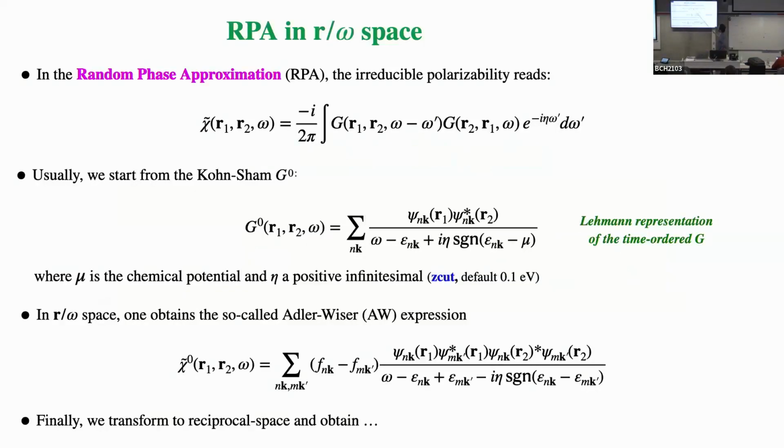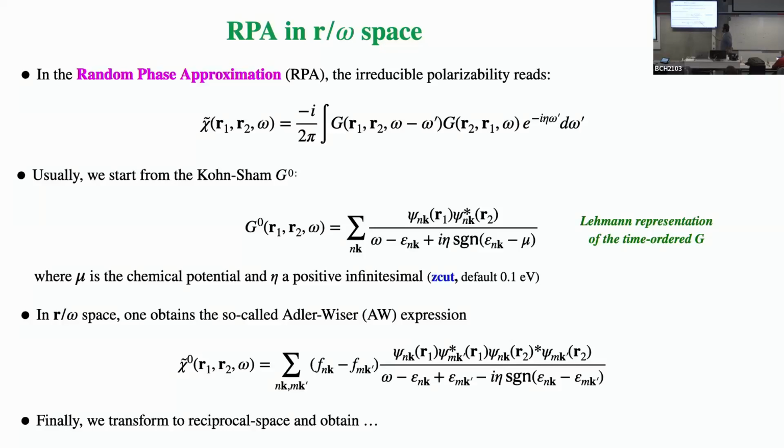So this is what you get if you work in real space, in frequency domain. In the time domain, it's just a product of two Green's functions. By the convolution theorem, if you go to frequency space, you have to evaluate this convolution between two Green's functions. If you use the Lehmann representation for G and you do the convolution, you can obtain an analytic expression, and it gives you this